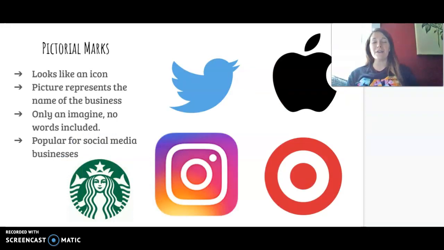The next one you are going to see is a pictorial mark. These are very, very common nowadays, especially with everybody having iPhones or iPads. You're going to see these for apps all over the place. They are very common with social media. As you see, the bird represents Twitter, the little camera is for Instagram, the apple is for Apple, Target for Target, and the Starbucks logo,